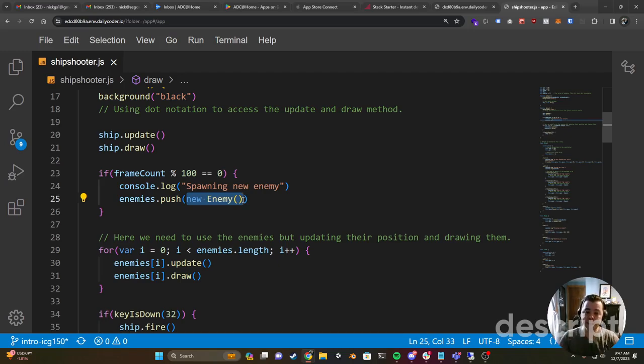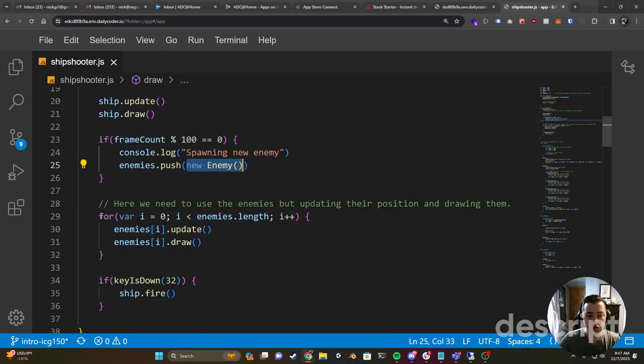Then, immediately after creating a new enemy, if we're on the 100th frame, we loop through every single enemy and we index the enemy in the list by this variable i. This way, we now have the capability to control every enemy in the system. And right now, by control, we mean update and draw,